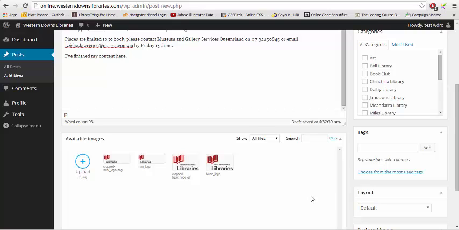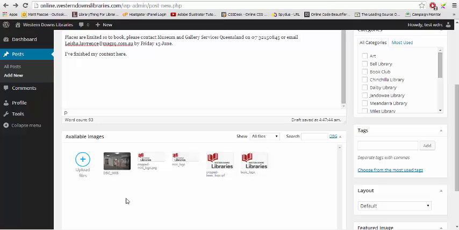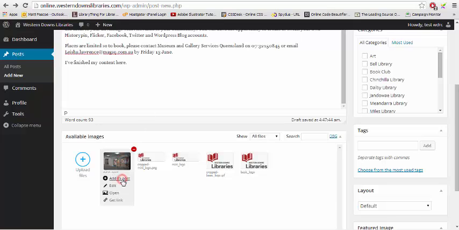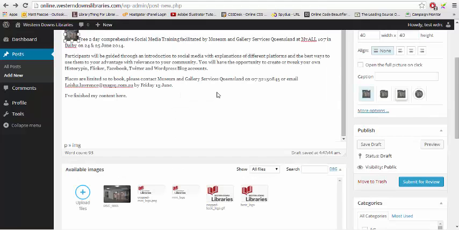The good thing about inserting graphics this way is that you don't need to resize the graphics before you want to use them in the posts, so that any sized images will be dynamically compressed and resized when we use them in our article. Okay, our image is now uploaded and is ready for us to use. So you can either drag it and drop it into the content box above, or you can just select Add to Post, which will place it at the very top